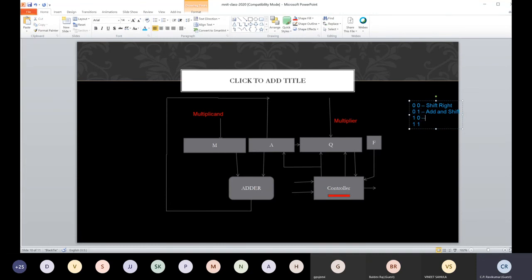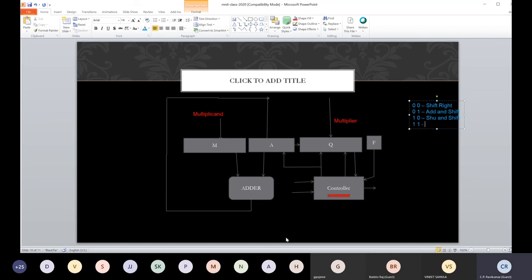Similarly, if I see a 1, 0, what should I do? If I see a 1 in the least significant bit position of Q and 0 in F, what should I do? I was coding that as, yes, correct. GV is giving the correct answer. It's subtract and shift because I was going to code it as a 1 bar.